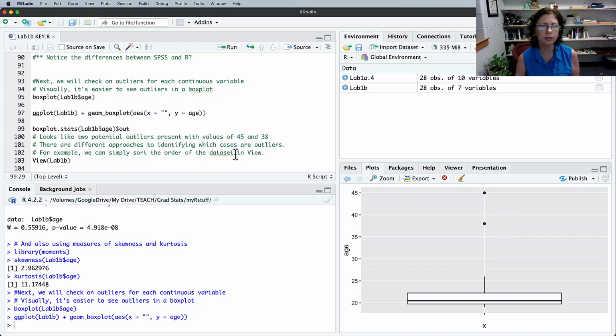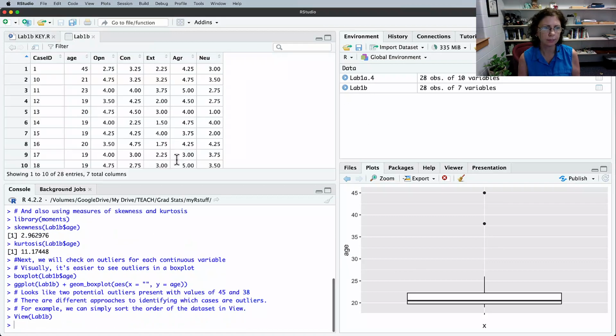And there are different ways of identifying the cases that are outliers. For example, this is age. We can just view lab 1b. And when we pull that up, we can sort age ascending and descending. And it looks like we have 2 right there, really high, 45 and 38, right? So those look like they're going to be